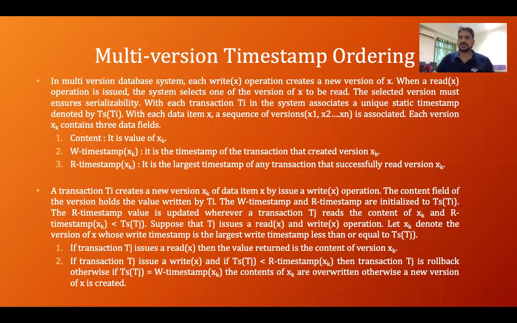Today we'll see the last protocol for concurrency control. And this protocol is also ensuring the serializability of the concurrent transactions. Okay. So what are the protocols we have seen just now? The first one is the lock-based protocol,